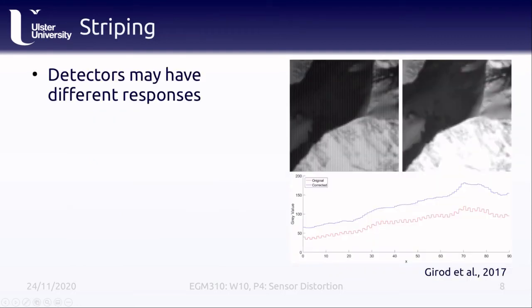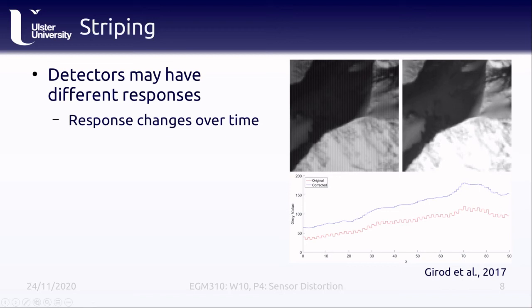As mentioned, detectors can have different responses that need to be calibrated. This can be due to a change in detector response over time. That is, the detector may record lower levels of radiation as it ages and the materials in it degrade. Or it can be due to differences between different detectors in the same sensor. Remember that linear array sensors, or push broom sensors, are made up of many thousands of individual detectors that are not perfectly similar. They all have to be calibrated in order to make sure that they record in a similar